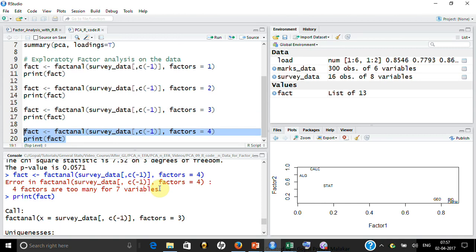If you recall, I had told you how many observations and how many variables you require if you want to do factor analysis. So on this data set, you are not able to do the factor analysis with the recommended approach, because for 16 observations, the p-value did not become bigger than 0.1 at all. The point I am trying to make is that you didn't get the latent variables at all.